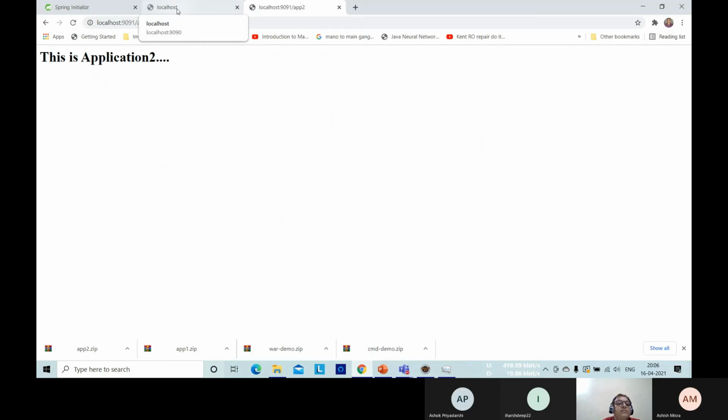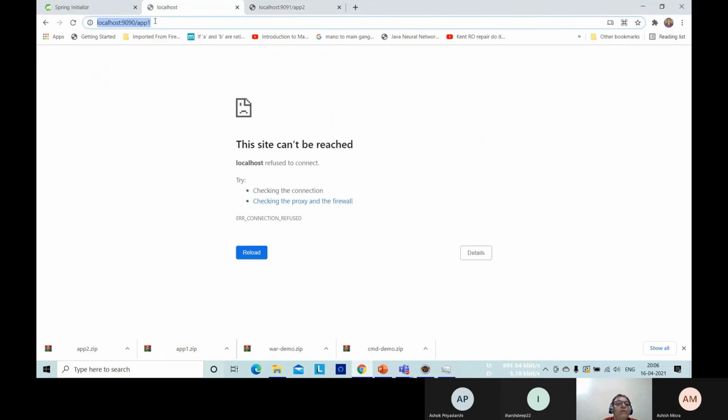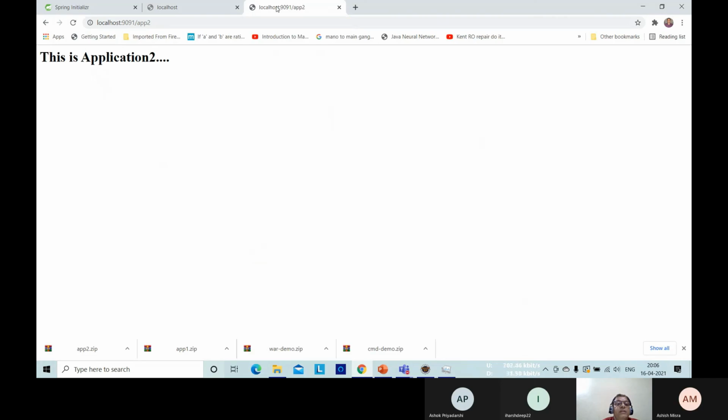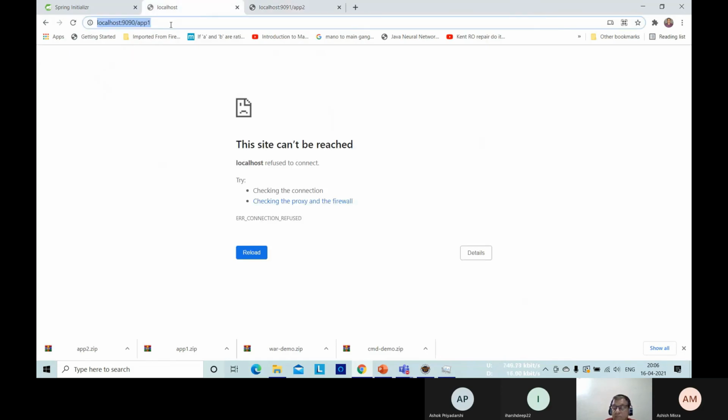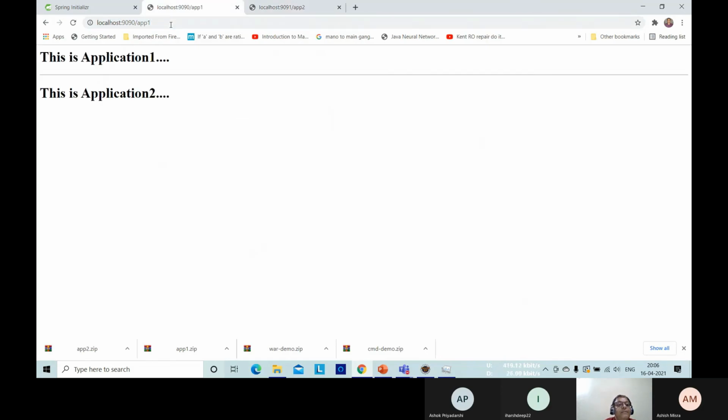Now this is the crux here. When I run app 1, what is the result of app 2 API? This is application 2. When it runs, let's see. Got the thing? This is the message of app 1 and this is a message which we are getting from app 2. So now this is how. See the beauty, see the code.